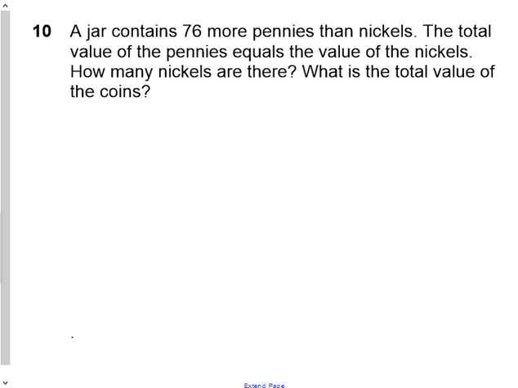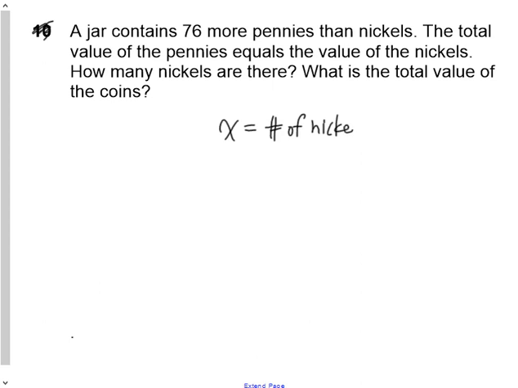All right, this is the hardest question, the one people found most confusing. It says a jar contains 76 more pennies than nickels. The total value of the pennies equals the total value of the nickels. So how many nickels are there? So if x equals the number of nickels,